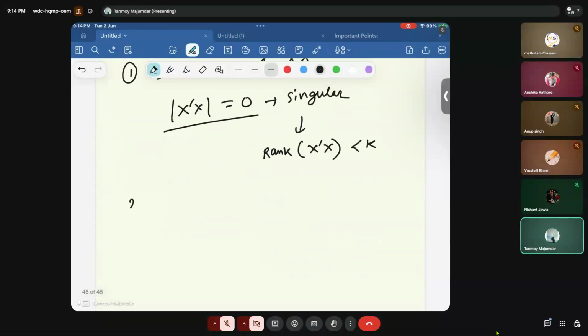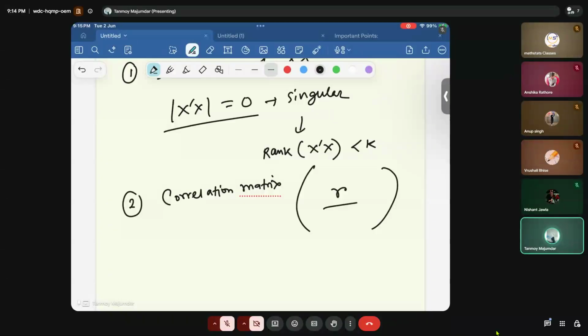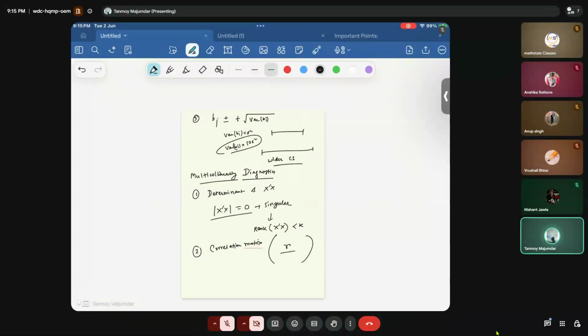Second, correlation matrix. It is an easy way to check whether there may be a multicollinearity situation in the explanatory variables. Okay, so correlation matrix में हम लोग देखते हैं कि what is the value of the correlation coefficient. R का वैल्यू होता है, हम लोगों ने check करना है. Next one is